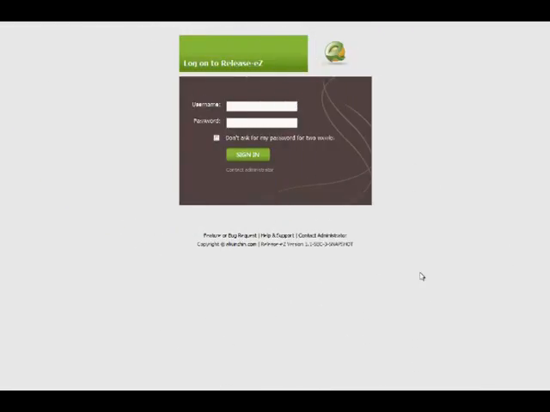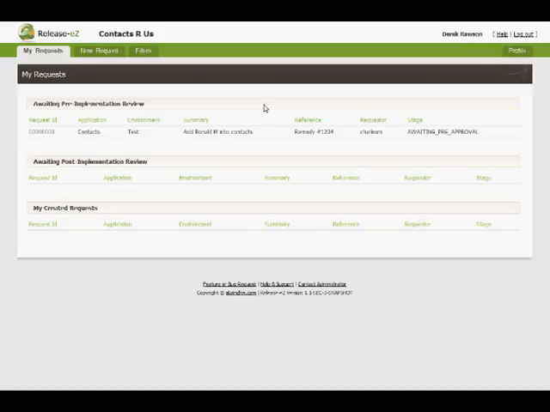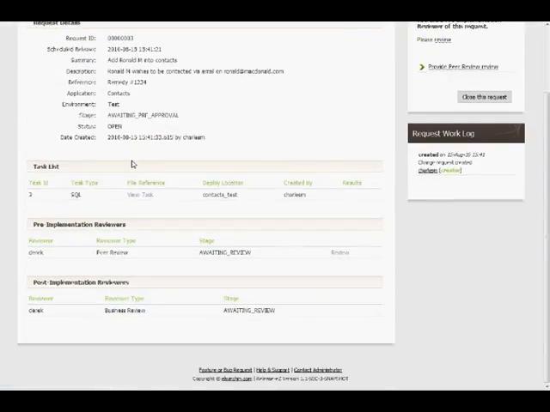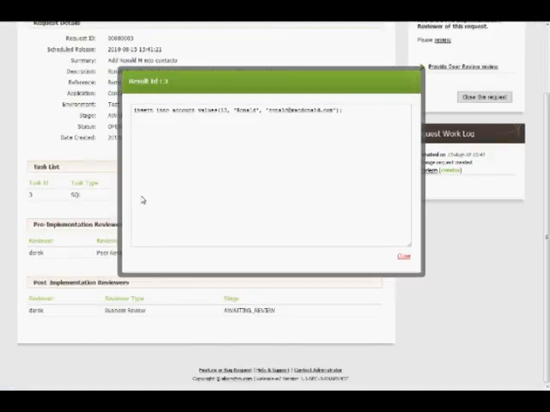Now Derek at this point would have been notified via email that a change request has been raised. So Derek logs into Release-eZ using his credentials. And as you can see, Derek's dashboard shows that he has a new change request awaiting his pre-implementation review. Derek clicks on the change request and is shown the summary of the change with all of the details,